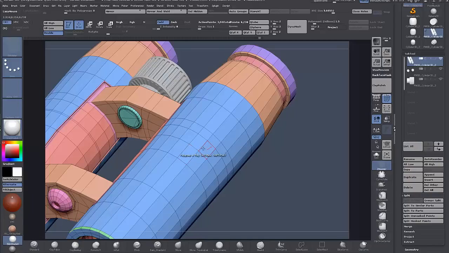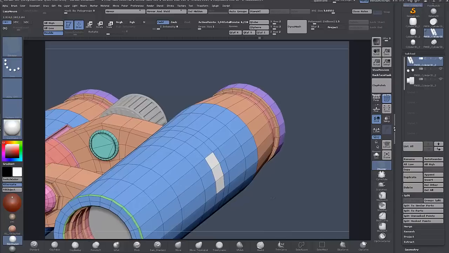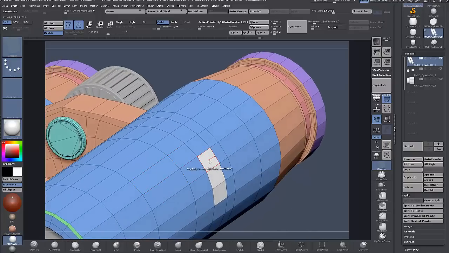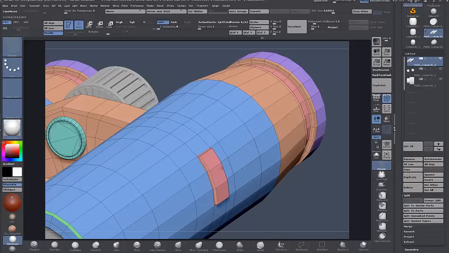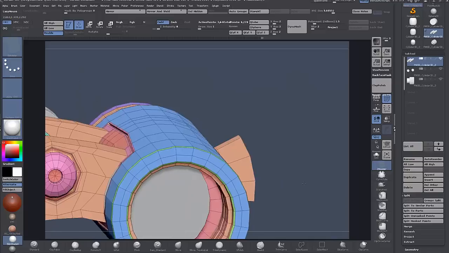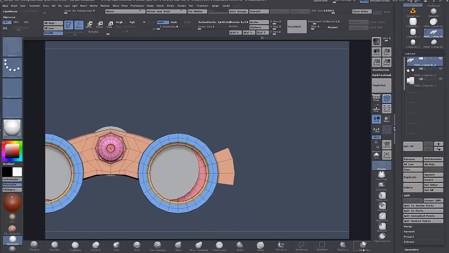Now we'll do something different maybe this time with this. Turn symmetry back on and we'll just tag these faces, maybe tag these ones here, and now we're going to inset and Q mesh polygroup island and extrude that out, and then we can come over here and use a clip curve, and we clip curve here as well,